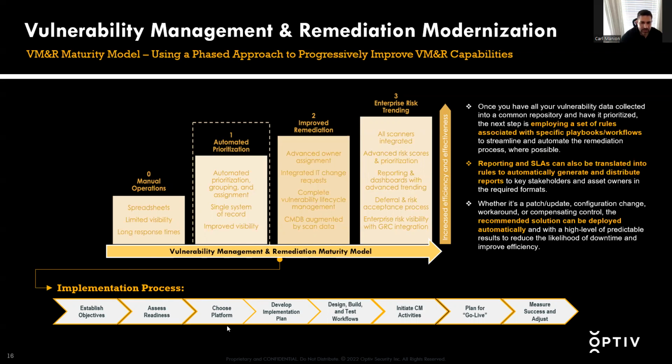So you have to look at what's out there, choose a platform, and I'll talk about some of the tools to consider. Develop your implementation plan for your specific organization. Design, build, and test your workflows for the automation piece. After you have a solution in place, initiate your change management activities as far as how are you going to handle feedback about what's working, what's not working, and then plan for an initial go live